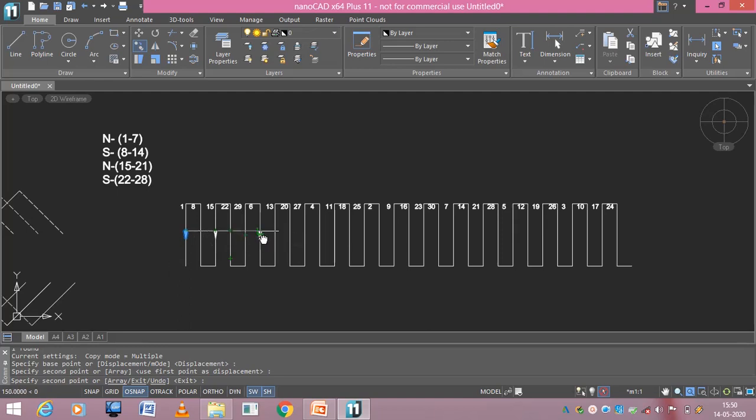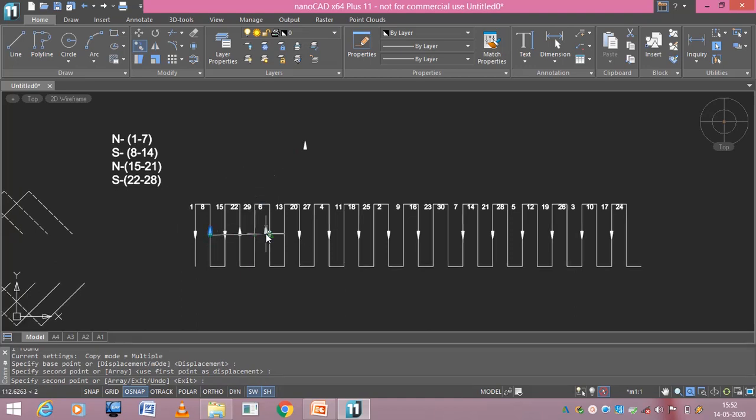The 6th conductor again is under north pole, 13 south, 20. Likewise you mark the direction. 8th conductor is under south pole, 22nd conductor, 29th I don't know, I will leave it as it is.